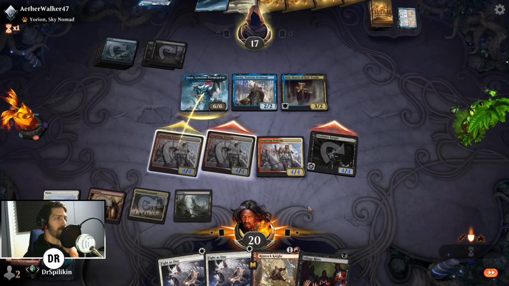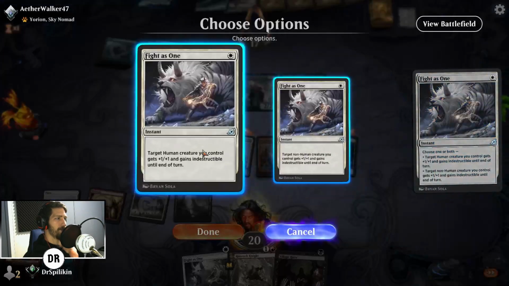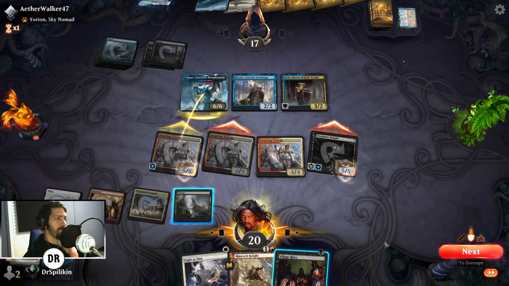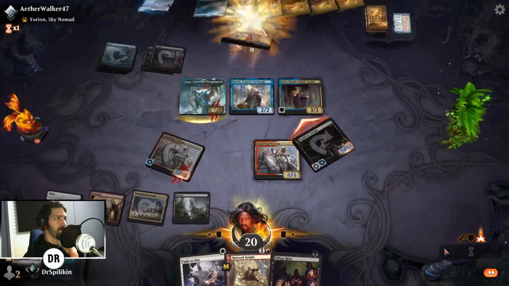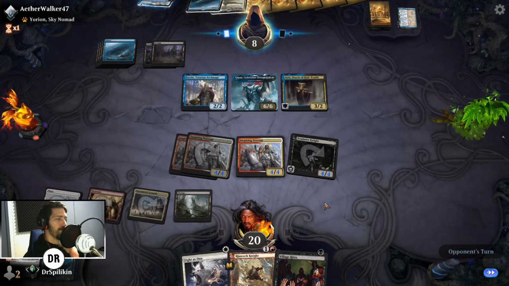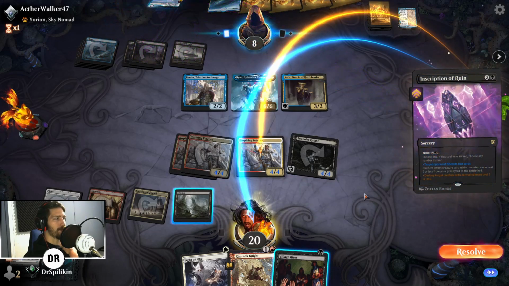Swing all in here because we still have Fight as One to defend our creature against that, right? We're getting in for 9 here. Cool beans, they're down to 8. We could potentially have lethal on our next turn, depending. Really happy they took those lands instead of that Kiora though. My goodness, I didn't think they were going to do that. I put it like that because I was like, surely they'll take the face down card and then at least we're getting rid of...